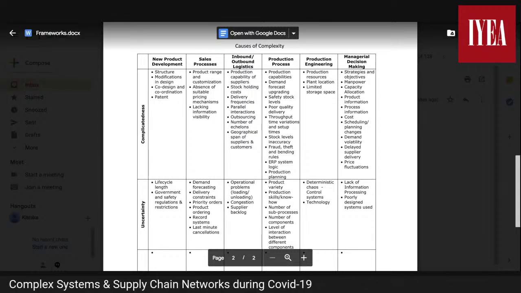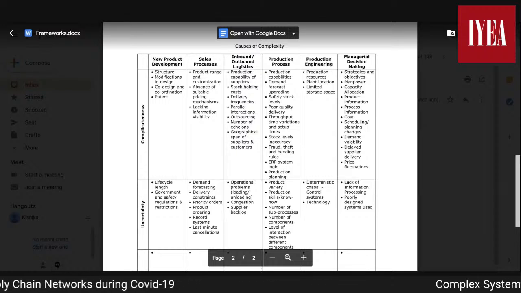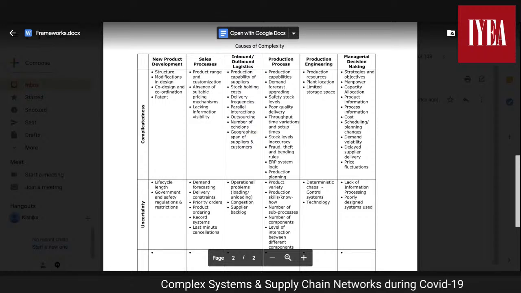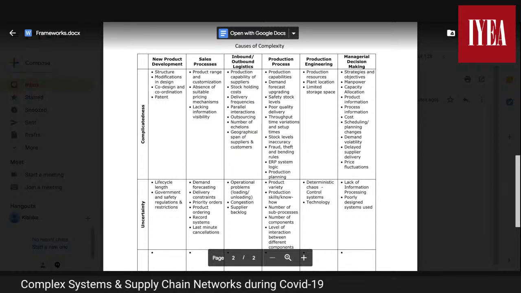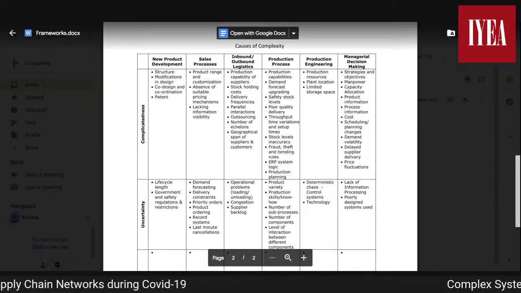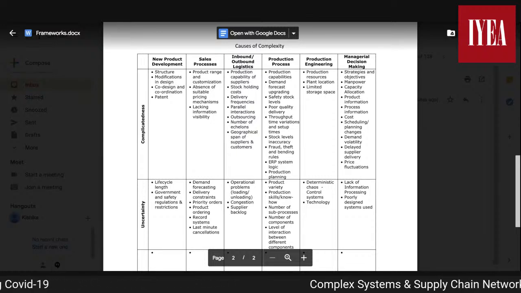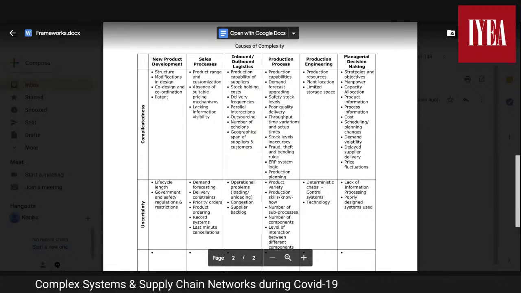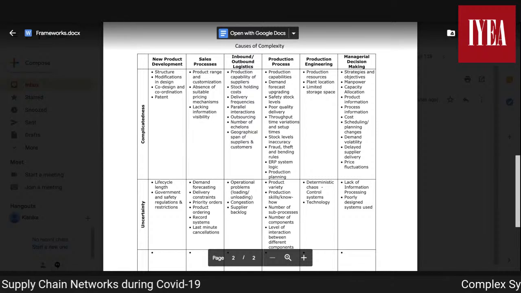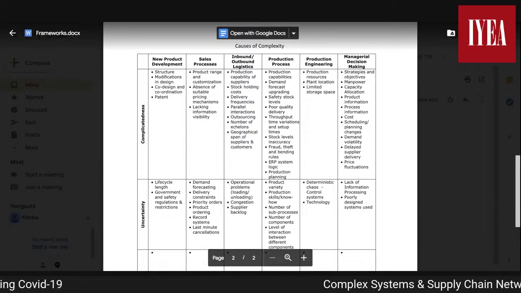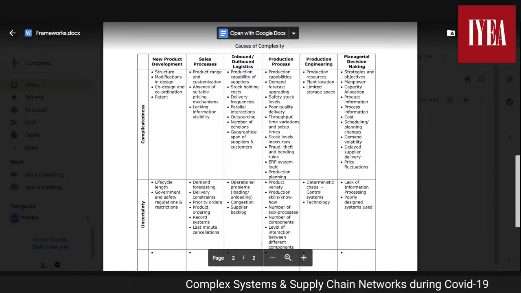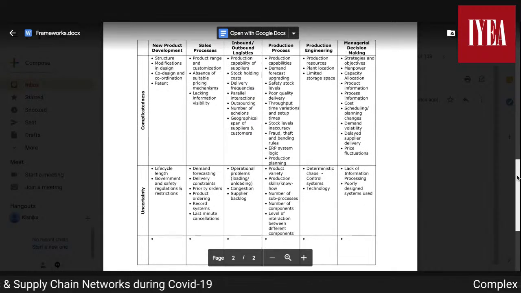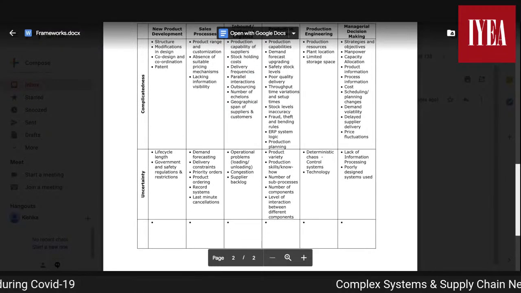And of course, what contributes to uncertainty here is the life cycle of the product, the external factors, i.e. the government regulations or the approvals that need to be taken to continue with the productions or to continue with the R&D. So these contribute to uncertainty with new product development and R&D. So this is one major factor that contributes to both complicatedness and uncertainty, leading to complexity. Followed by, of course, the sales processes and the production processes. So again, the product range and the variety that really, let me just scroll up, yeah.